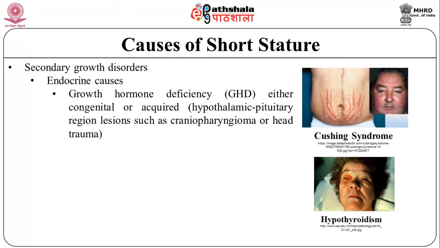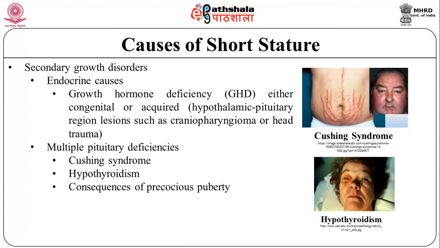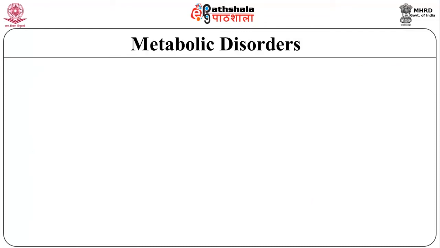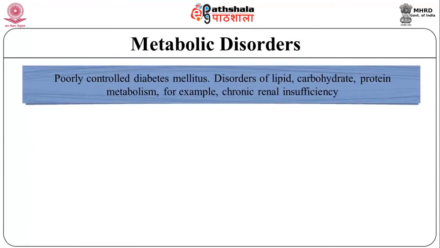Hypothalamic pituitary region lesions such as craniopharyngioma or head trauma. Multiple pituitary deficiencies, Cushing syndrome. Hypothyroidism, consequences of precocious puberty, GH-IGF-I axis, IGF-I deficiency, ALS deficiency, IGF-I resistance, metabolic disorders, poorly controlled diabetes mellitus, disorders of lipid, carbohydrate, protein metabolism, for example, chronic renal insufficiency,